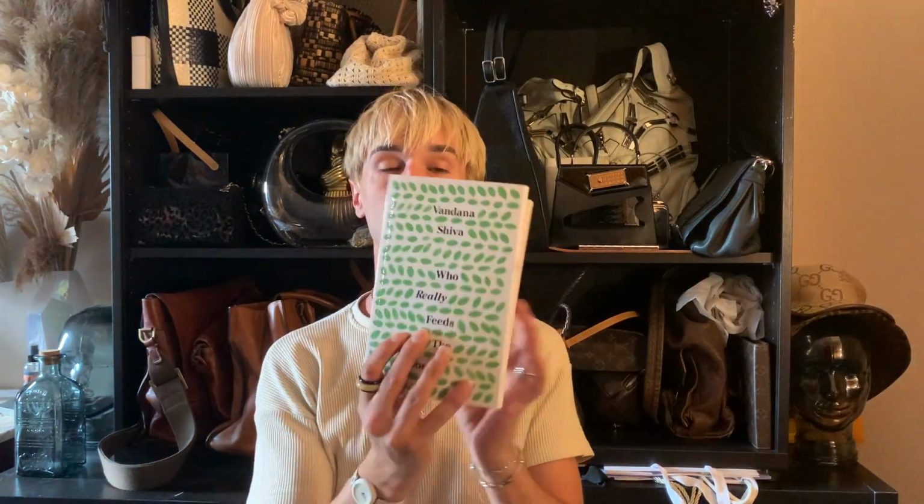And this first one is by Vandana Shiva. I've known of Vandana Shiva since lockdowns in 2020, when I was watching a lot of Russell Brand videos, and she was on his podcast talking about whatever was relevant at the time, promoting her new book. Now, she is a doctor and she is an author, and she writes about indigenous ways women would often fertilize the ground and produce vegetables, and also what we've lost throughout times because it's completely